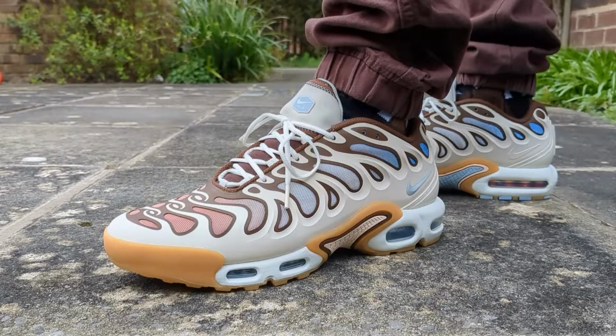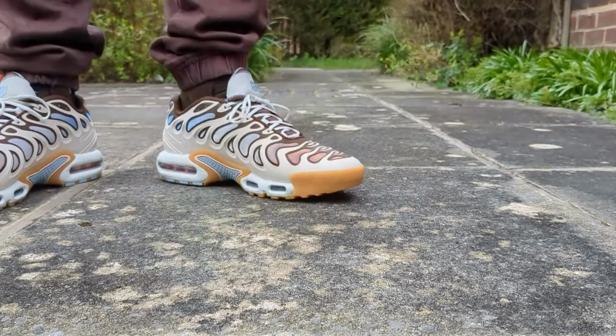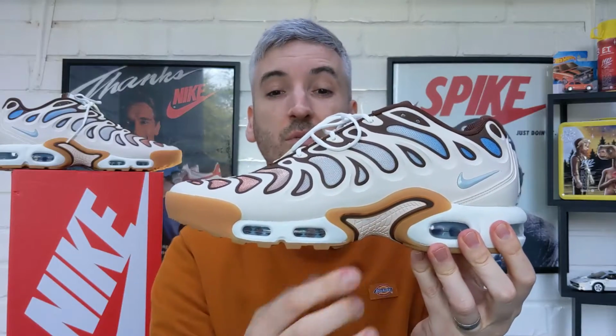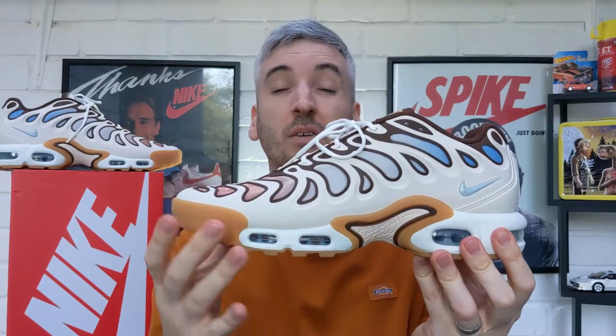But as you can see, this gum unit here runs up and through and round and kind of splits this air unit in 2. Now, on the other models, the hardened foam cushioning that wraps around the air bubbles is actually on the outside of this, so the midsole almost continues throughout. But what they've done with this version here, they've called the Drift, which Nike have not given any reason for,